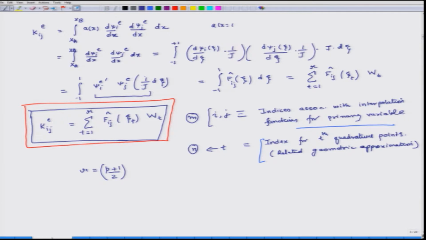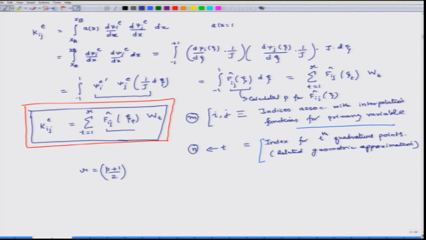So, when we have to calculate p, we have to calculate p for this function Fij as a function of zeta. We do not have to calculate p for d psi I over dx or d psi j over dx or ax. We have to calculate p for this function, Fij zeta,